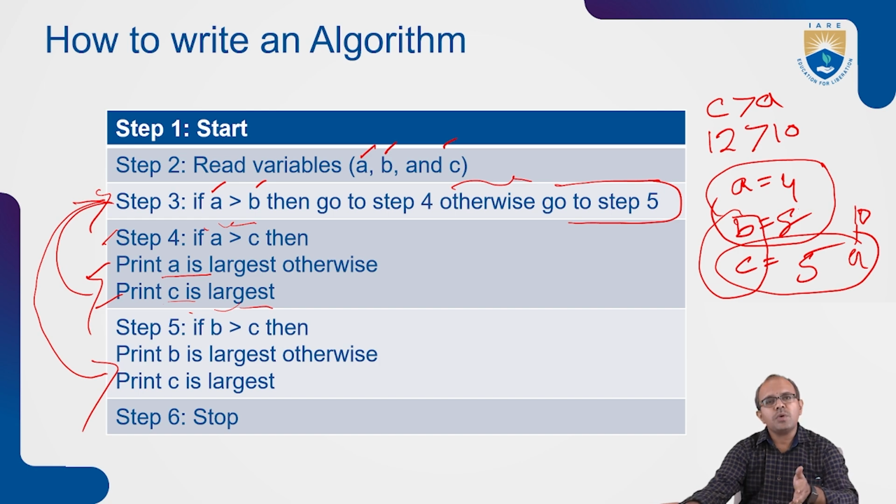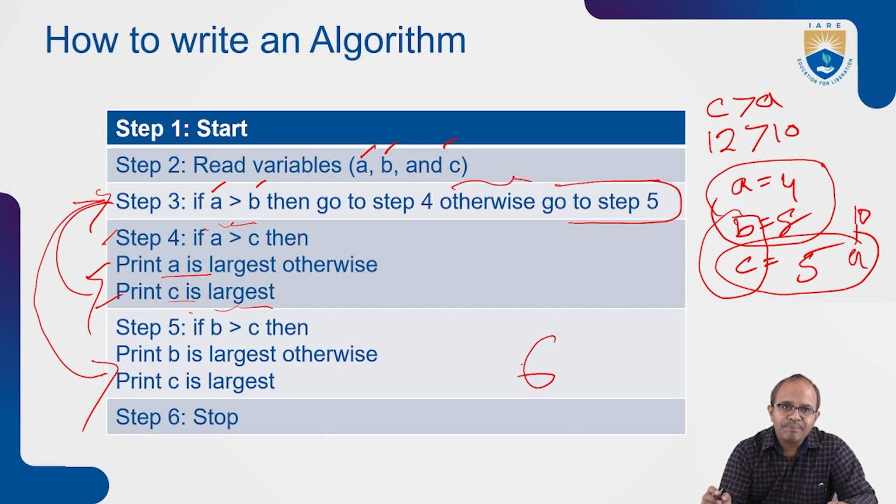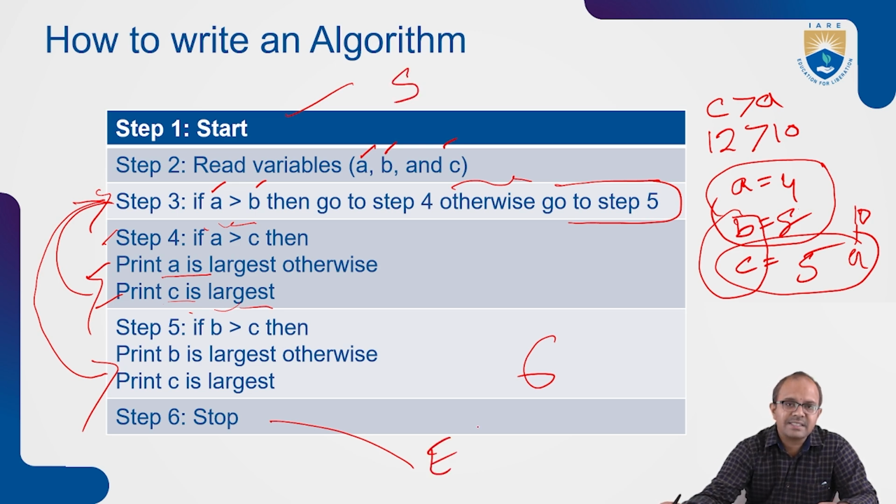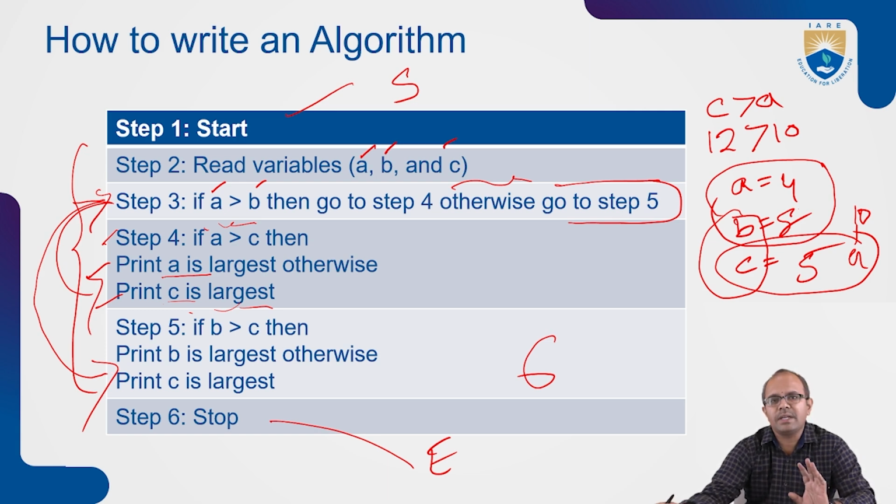Right. The approach never moves indefinitely. It has a specific number of steps. If you ask me how many steps there are, we can say 6 steps, of which step 1 is going to start the algorithm and step 6 is the end of your algorithm. In between step 1 and step 6, that is steps 2, 3, 4 and 5, the actual logic is implemented.